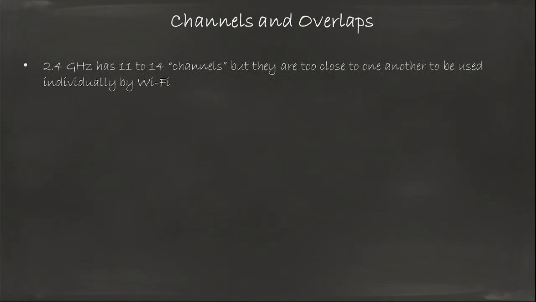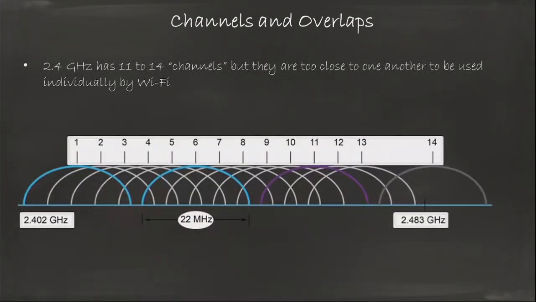If you look at the 2.4 GHz band and its channels, you'll see that, you remember, we use 22 MHz wide channels. But those channels, as they are numbered in the 2.4 GHz band, are actually 5 MHz apart. And this is the reason why you cannot use channel 1 and channel 2 at the same time in the same location. They're just 5 MHz apart. They're going to overlap. So what you have to do, when you use that numbering system, is keep in mind that it was not designed for Wi-Fi,